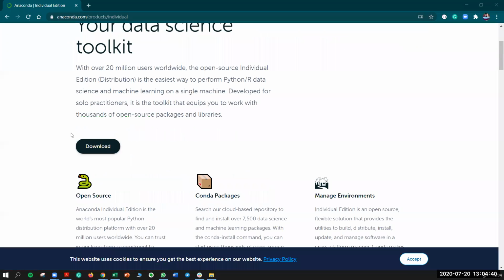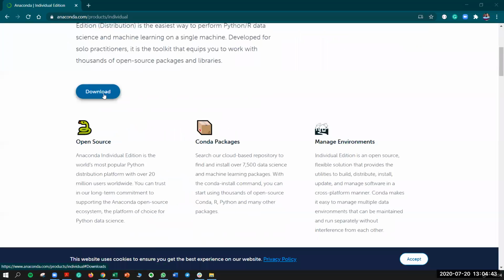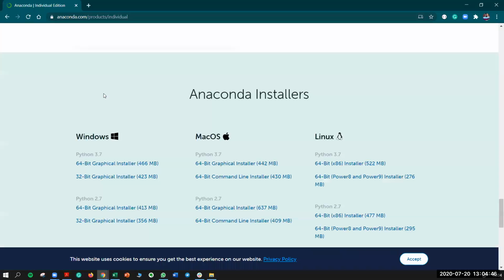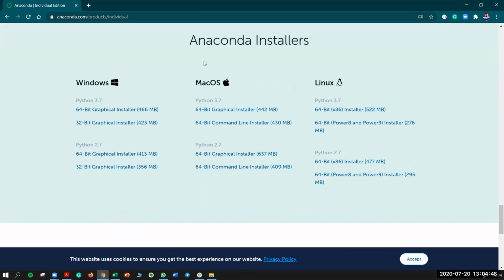Here, once you go to that page, you'll see this option, download. Once you click on that, you must be on this screen. Just make sure everyone is on this screen. So follow the procedure that I am telling you. Once you're on this screen, you can see multiple options for various different platforms. Yours is Windows, get 64 or 32 based on your configuration.